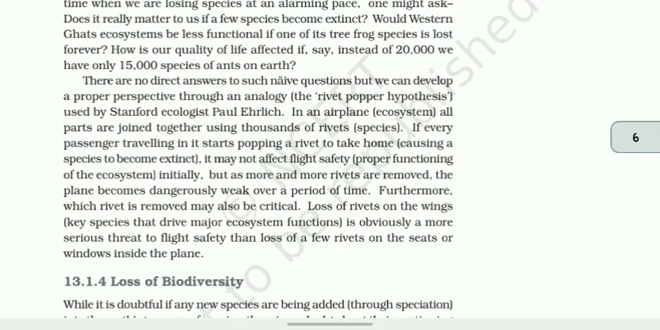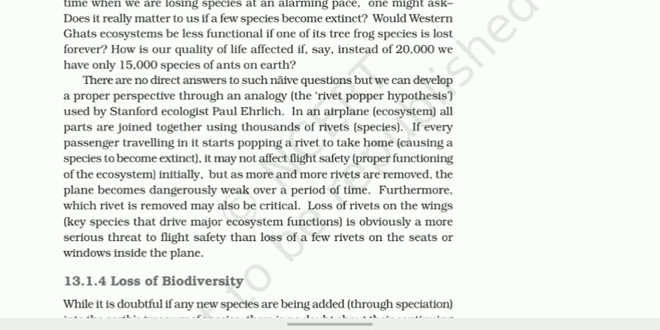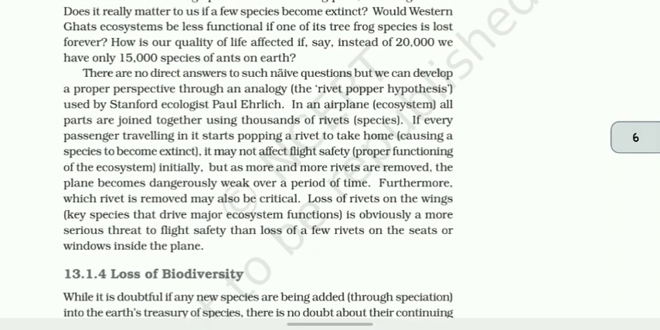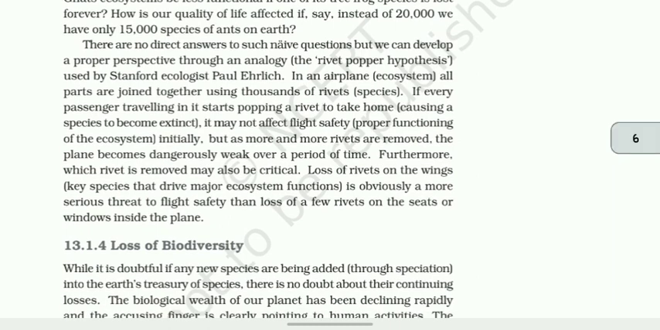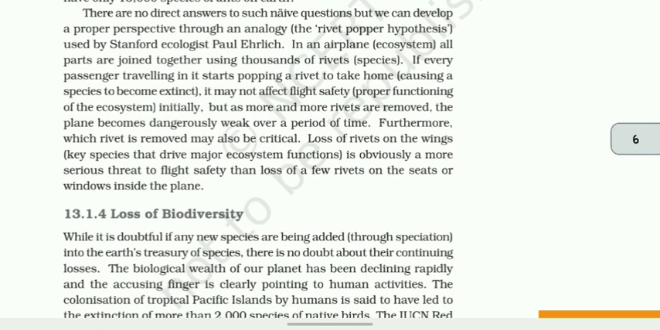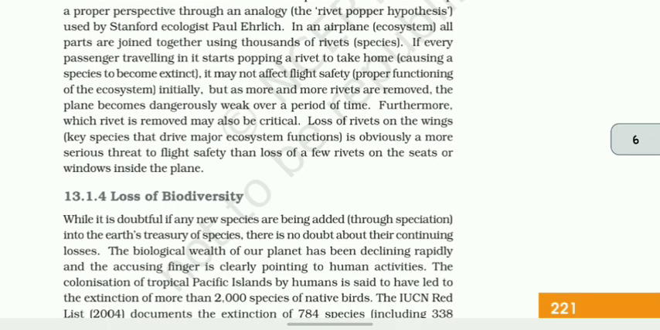Would the Western Ghats ecosystem be less functional if one of its tree frog species is lost forever? How is our quality of life affected if, say, instead of 50,000, we have only 20,000 species of ants on Earth? There are no direct answers to such naive questions, but we can develop a proper perspective through an analogy,